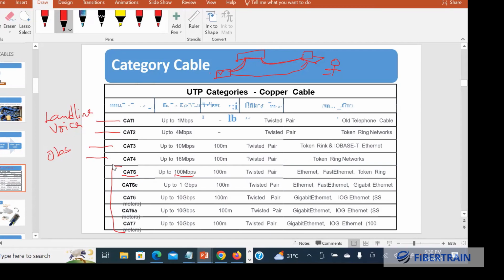It depends on the type of cable we are using. If you're using Cat 5 cable, the speed will be 100 megabits per second. If you're using Cat 5e, it will be 1000 megabits per second. If you're using Cat 6, it will also be 1000 megabits per second. If you're using Cat 7, it will be 10,000 megabits per second. And if you're using Cat 8, it will be 25,000 megabits per second. So let me quickly go through them again. If we're using Cat 5, the speed will be 100 megabits. If you're using Cat 5e, it will be 1000. Now, what we are seeing here is 1 gigabit per second. It's actually the same thing as 1000